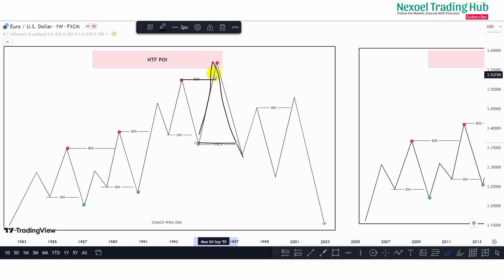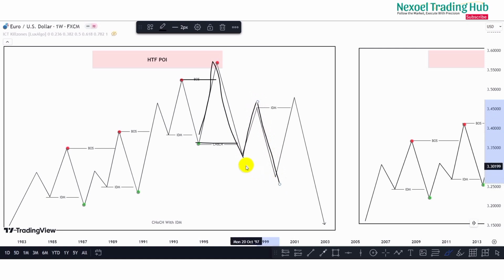It is not a wick that closed above the swing high point for us to consider it a sweep of liquidity, a grab of liquidity. Price pushed further to the upside and broke structure and then mitigated the higher time frame point of interest, and then we see a fall off to the downside that broke the higher low points. So what we want to anticipate is to see price create a form of liquidity,